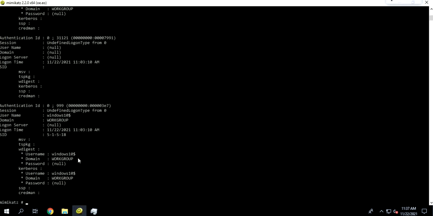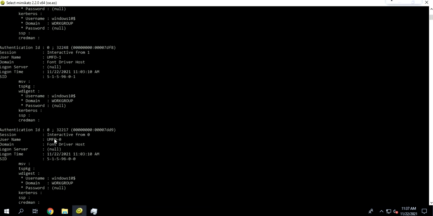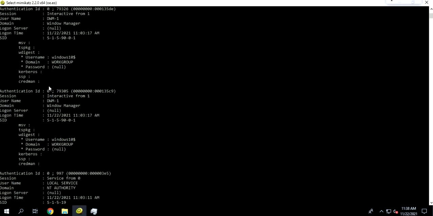You can notice that Windows groups, for example, do not have the password hash, because they are not using NTLM authentication. For example, this one is a Windows user, and this is a local service user under NT Authority.